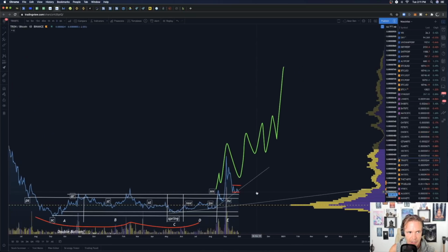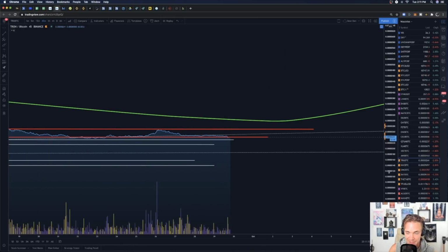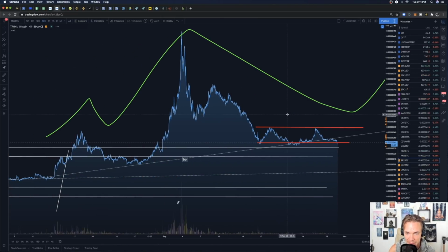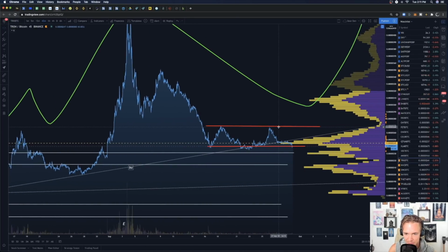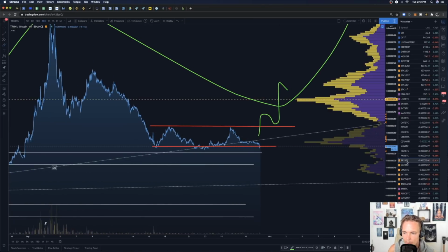Now, let's use Tron as an example. Don't enter yet. This is not financial advice. Don't do anything that I say, even if I'm doing it. Just come up with your own conclusion. That's what we're looking for, empowered individuals. But this, to me, looks like a new trading range. So if we see a development where Tron closes above this trading range and does this, I'm hyper interested in this. So what I do is I go around and I set all these little markers on the side of my screen here that basically sets an alert. So I'm setting alerts all the time to remind me that if it crosses this point, it will give me an alert so I can start paying attention again,